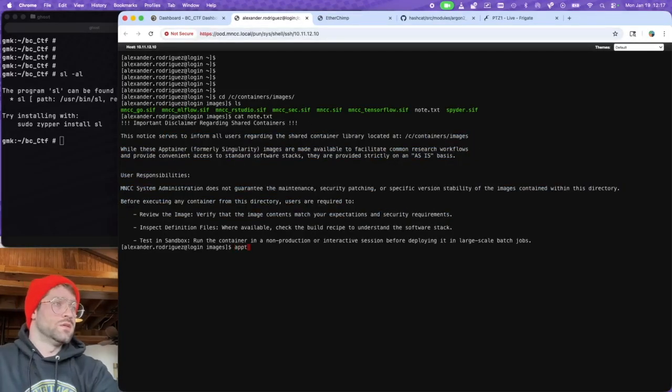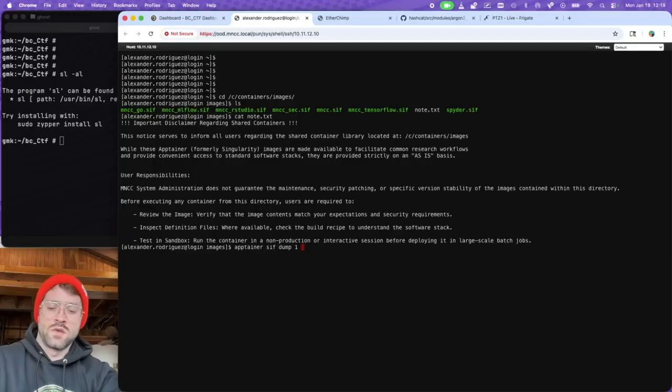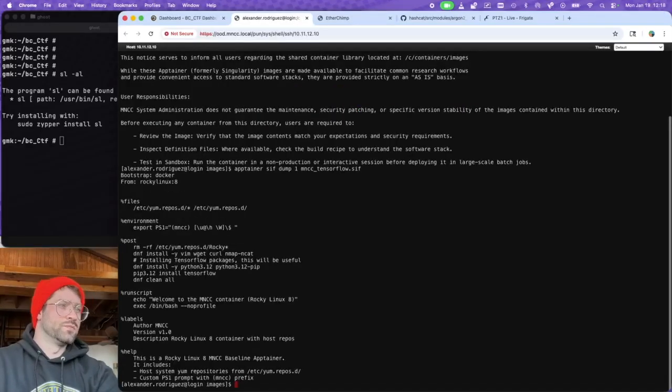If we read apptainer sif list, or actually let's just go straight to dump because we already did list a bunch of times. We're dumping the first layer within the sif image, which should always be that def file. MNCC TensorFlow.